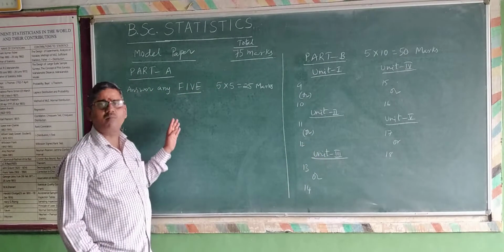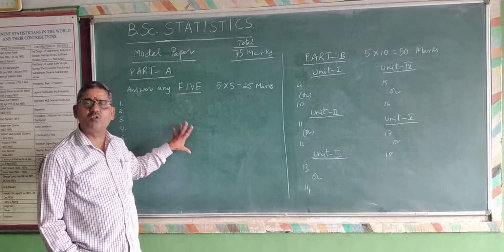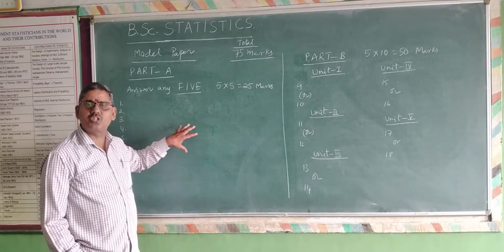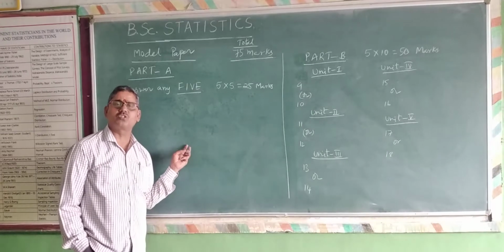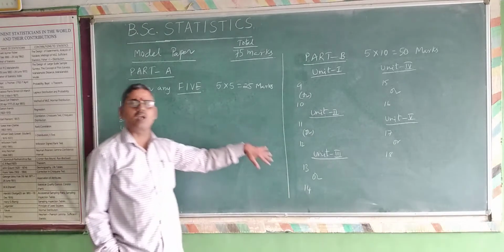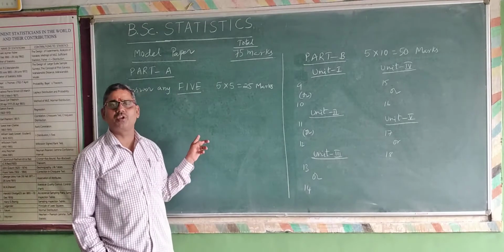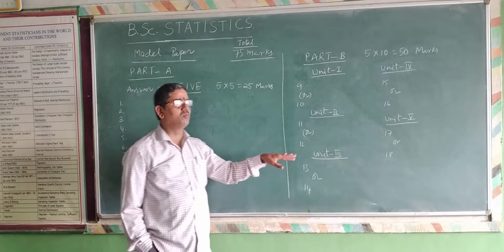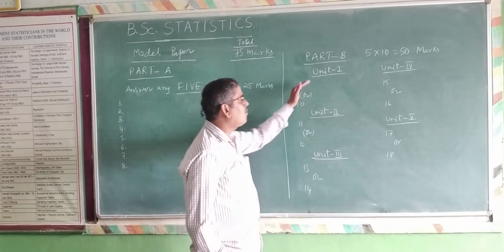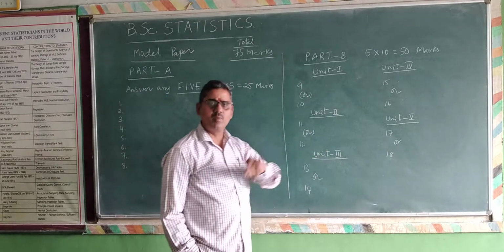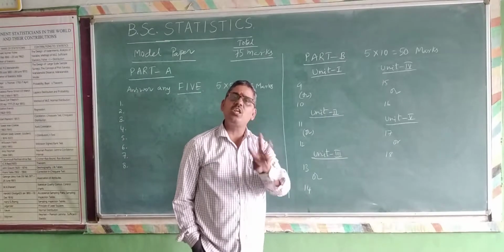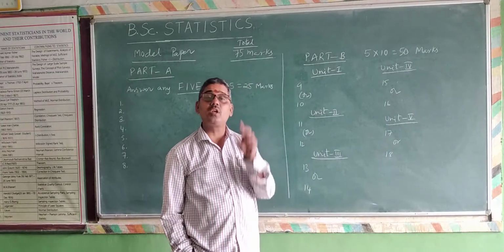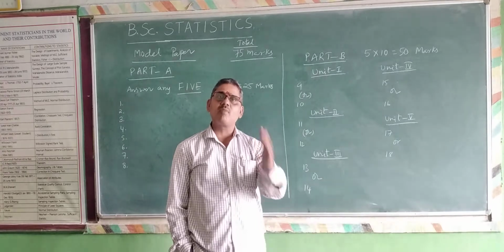For example, if you know only 3 questions fully and are able to answer them, then answer only those 3 questions and move to part B. The 15 marks you secure here, and then you move to part B. Now in a similar fashion, you read a minimum of 3 units, whichever 3 units you felt had fewer questions.